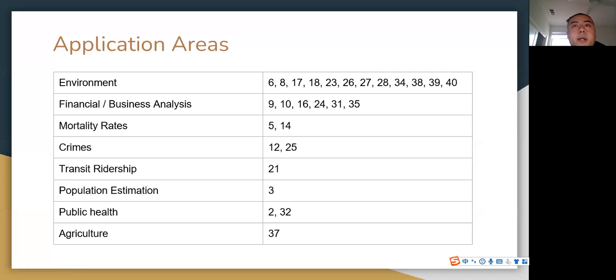The second part is applications, where researchers choose GWR or MGWR and analyze the data. MGWR can be applied to a number of disciplines to determine the most decisive factor of a phenomenon, like considering weights for different geographic locations. Here, we have compiled a list of papers related to landscape, vegetation, climate change, analysis of business locations and price, public health, estimation of population, and even crimes and mortality rate.